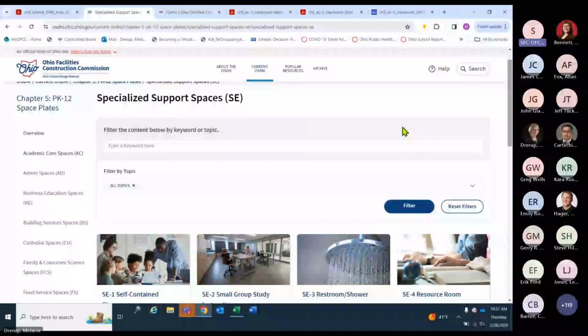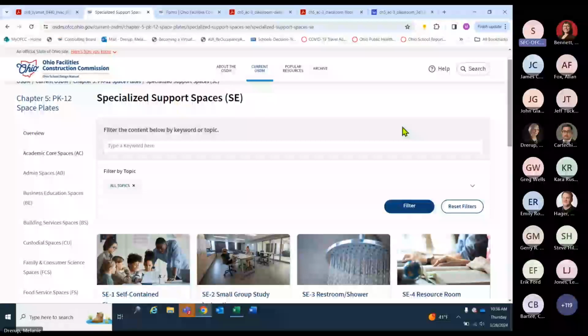What are some of the most significant improvements? Dean, I think a significant improvement is the reduction of the number of PORs from 11 to 3. That was a lot to maintain and a lot for our architects and districts to utilize. I think also the consolidation of the space plates was very beneficial.